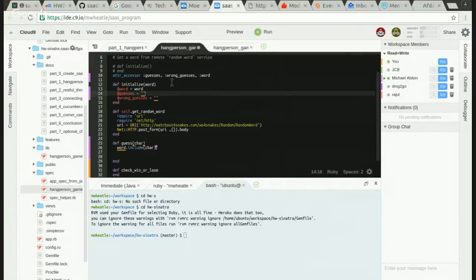This makes sense? Looks very Ruby-ish. Makes sense to me. Word dot include character. If that's true,